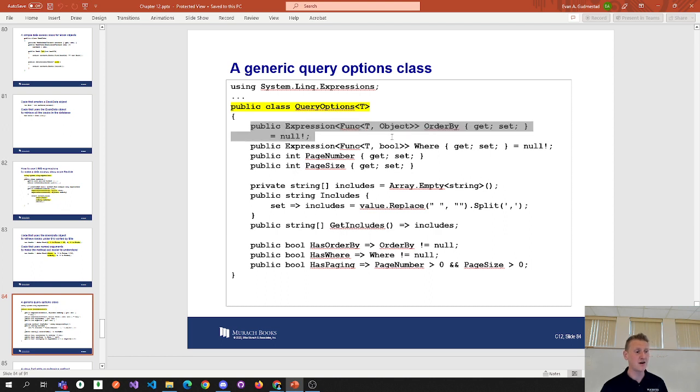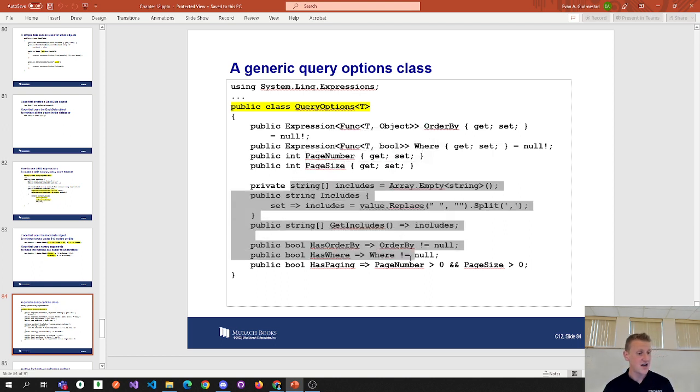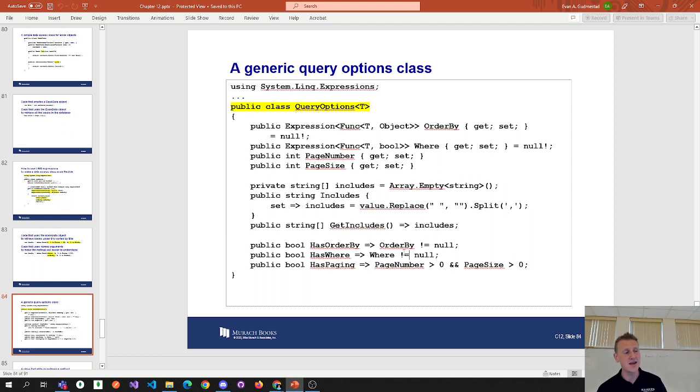These properties are LINQ queries, like an order by property that returns a LINQ query, a where. There's also a page number and page size. Again, this is going to allow us to make a generic class called query options that takes a generic type T, which allows it to take in books, allows it to take in authors, and